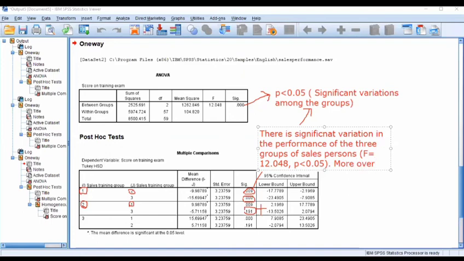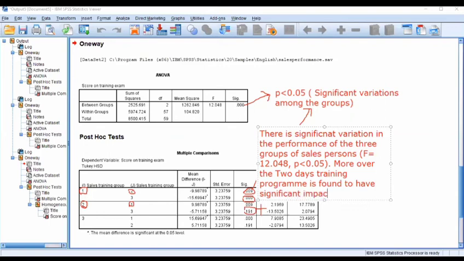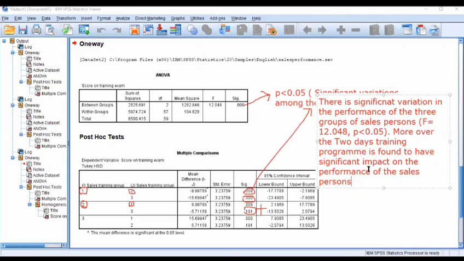Moreover, the 2 days training program is found to have significant impact on the performance of the salespersons. So the optimum time of training program is 2 days.